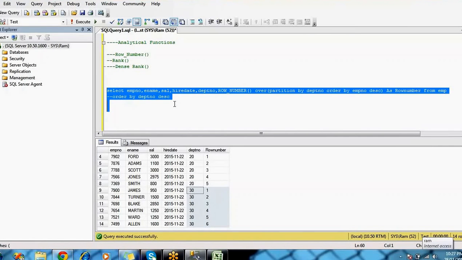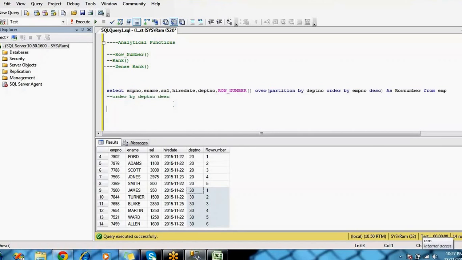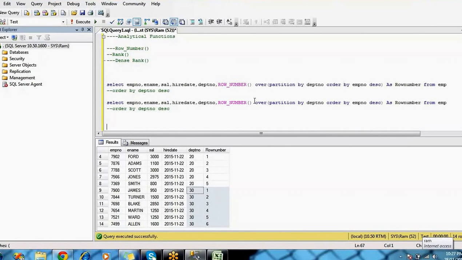I'm going to copy the same query, Control C, Control V. Instead of row number, I'm going to write the rank function, over order by salary descending.